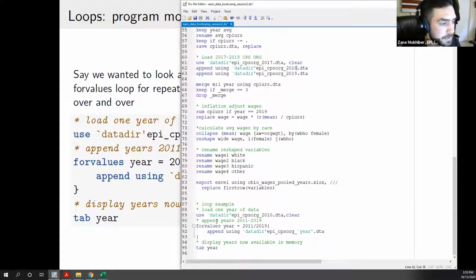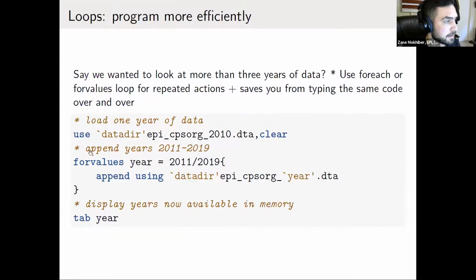So what you can do instead is use what's called a for values loop to append all of that data together. And so the way that works is, you can load 1 year of data. In this case, the first year we want to look at is 2010. And then the syntax for a loop goes like this. So you have for values, and then